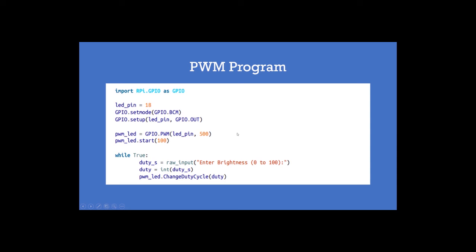In order to generate the actual waveform, we have to give the next command. The start command will start generating the pulses, and this inbuilt function takes the duty cycle as an argument. So you have to supply the duty cycle of the pulse width modulation waveform. Here we are supplying 100, which means we want to generate 100% duty cycle pulses. That means an always-on pulse, because initially I want my LED to always glow with higher brightness.